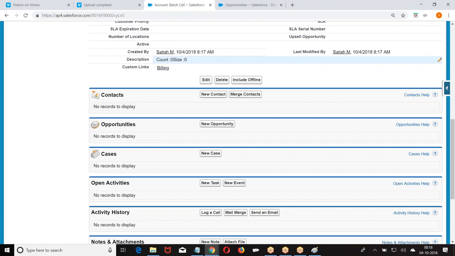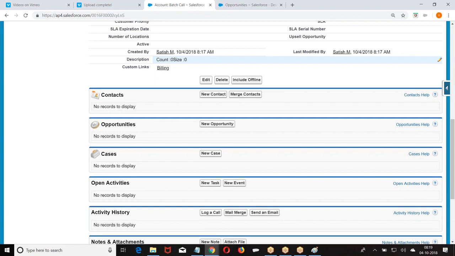Now, the records of Satish, will they be in the first 100 only? All the opportunities of Satish will be in the first 200 only? In the first 500 only? I cannot say that. When you get 1 lakh records, they are distributed into a number of batches. Some of the records will be in the first batch, some in the second batch, some in the third batch. Now what should I do?